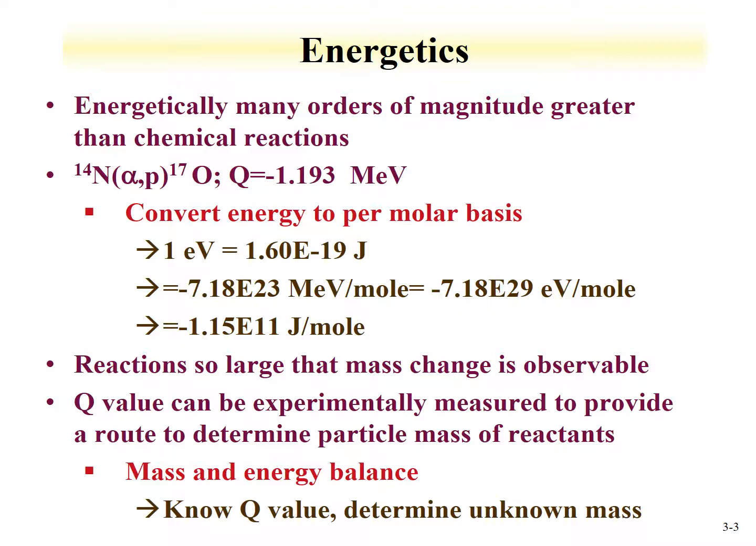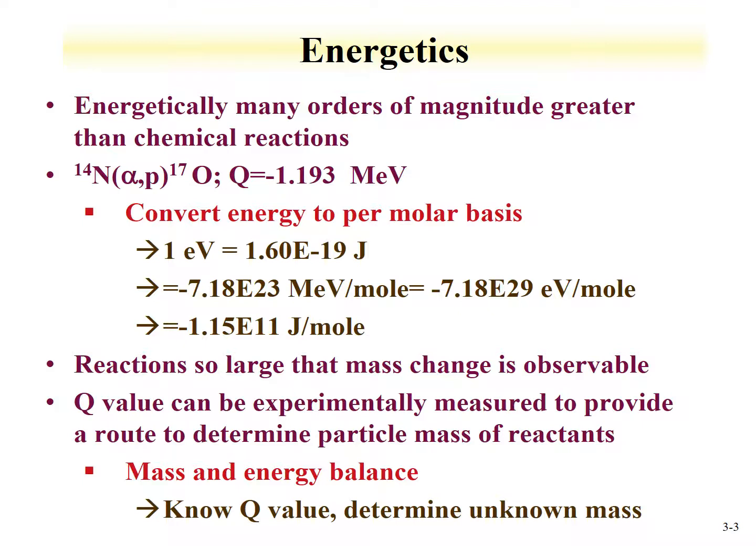Important aspects of nuclear reactions are their energetics, and these energetics are extremely large compared to chemical reactions. As an example, let's look at the reaction of the alpha particle on nitrogen 14. The Q value is listed here, about -1 MeV. Remember that this is a per atom basis, so let's make it a per molar basis. We use the conversion factor of 1 eV equal to 1.6 times 10 to the minus 19 joule. If I have